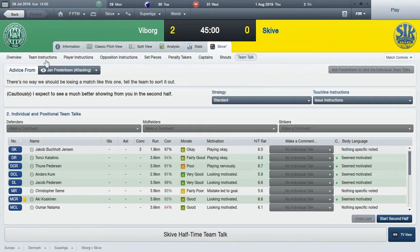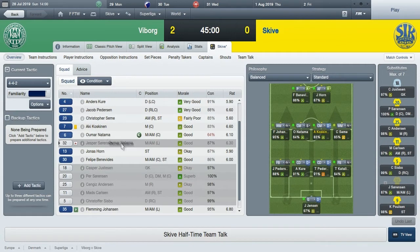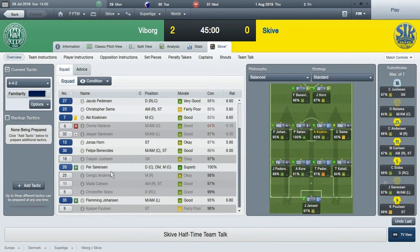So we're gonna make some changes now, because the way that we're playing at the moment is not great at all. And Atuma's gonna come off, it seems like. So we're gonna take Per Sørensen on the field instead. And let's take...